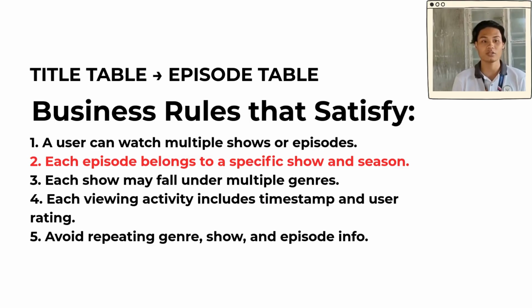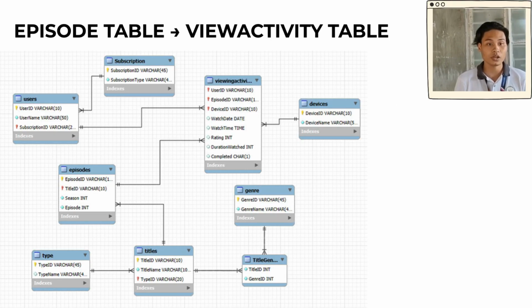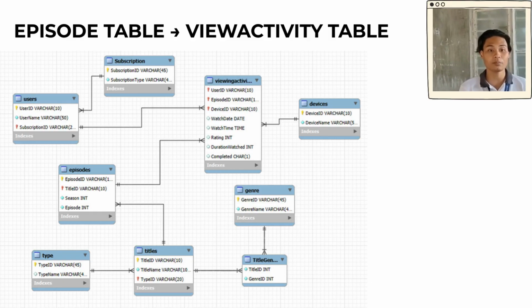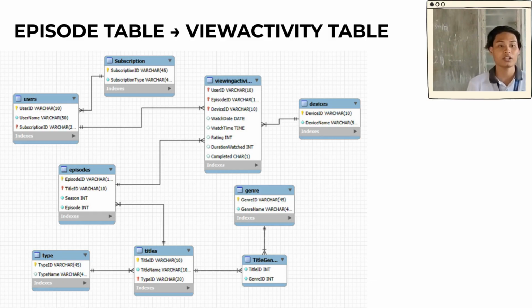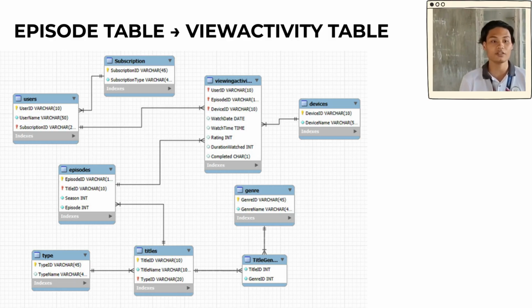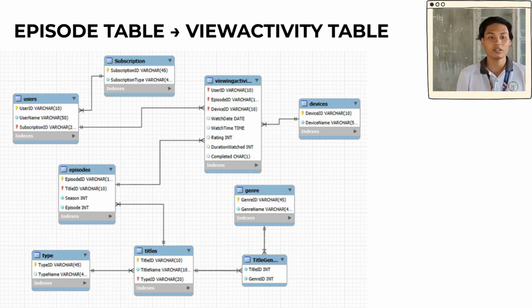managing release schedules. And as to the episode entity and viewing entity, we also have a one-to-many relationship, because one episode can appear in many viewing activity records. Each viewing activity row stores a specific user's watch event of that episode, via episode ID. And the business rule applied is that every viewing activity must reference a valid episode. An episode can exist even if no one has watched it yet. A user can create multiple viewing activities for the same episode.